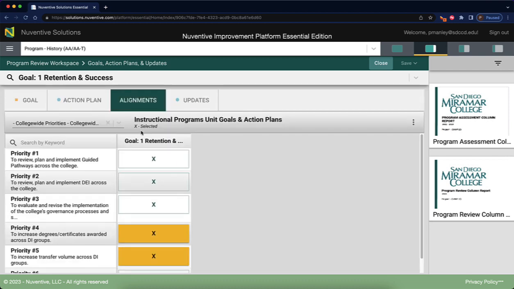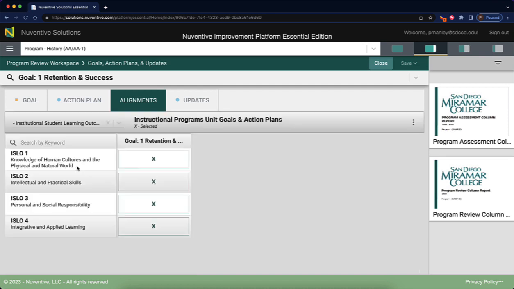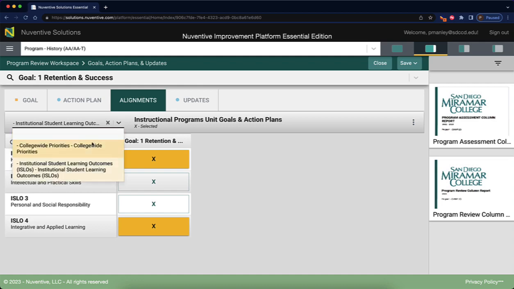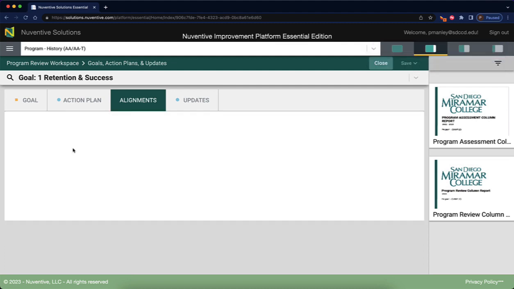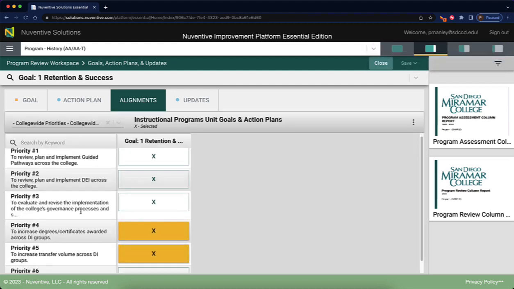In this case, we're going to align the goals to the college-wide priorities or to the institutional learning outcomes. It's really easy to do. So in this case, this is goal number 1. And if I wanted to align it to ISLO number 1, I would just select that particular ISLO. If I wanted to do number 4, I could do that. And then if I wanted to go back and align it to the college-wide priorities, let me make sure I save this, then I could go to the college-wide priorities, and I already have some marked here where I could